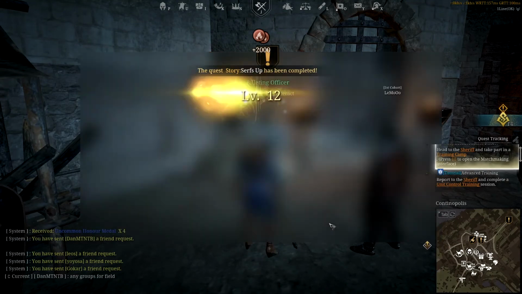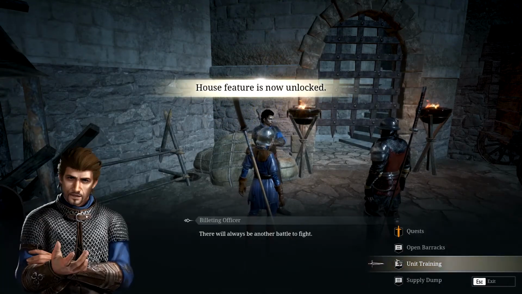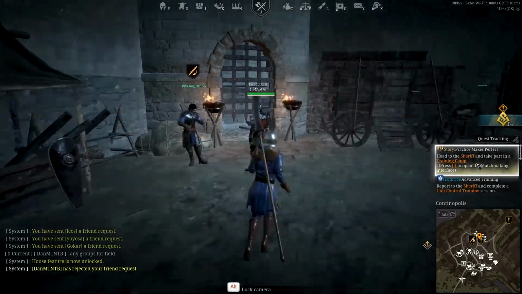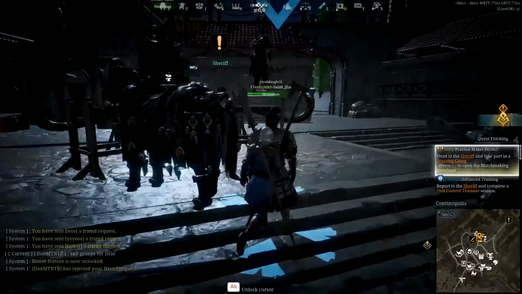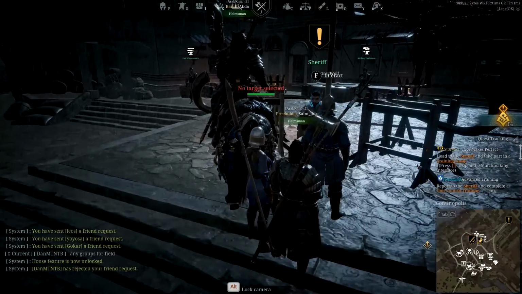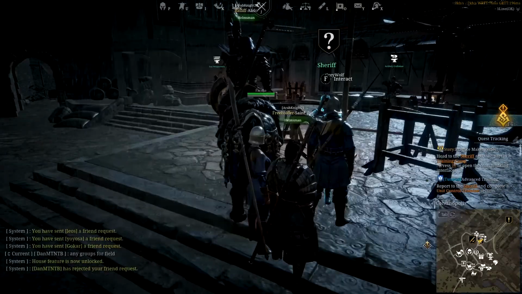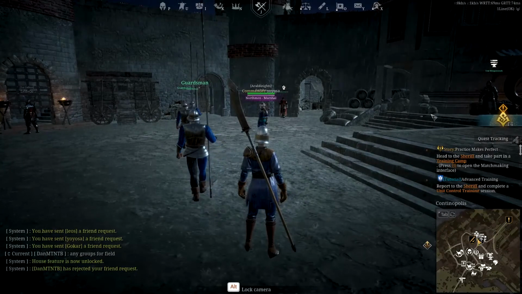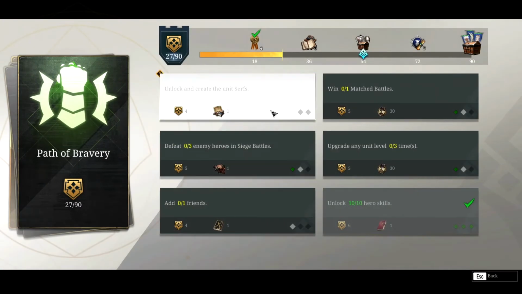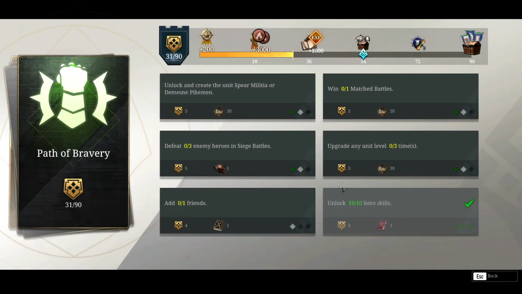Okay, accept unit training. No, not right now. Okay, let's go back. It will prompt me to go there. Quests, let's accept those quests, and while we go towards Warden, we will go to Water Bravery, unlock that, and it's done. Now we add one friend, upgrade any unit to level 3, defeat 3 heroes in siege battles, unlock